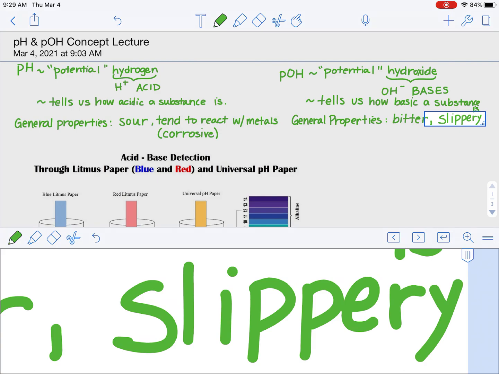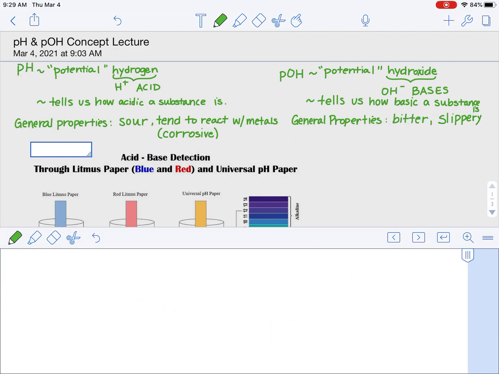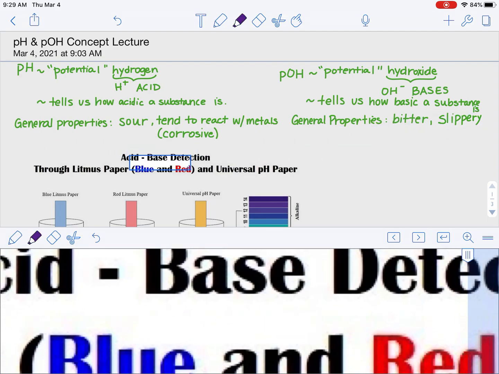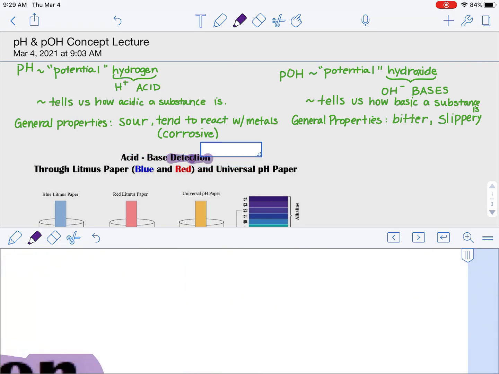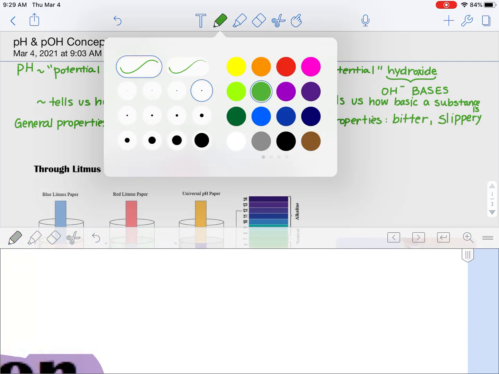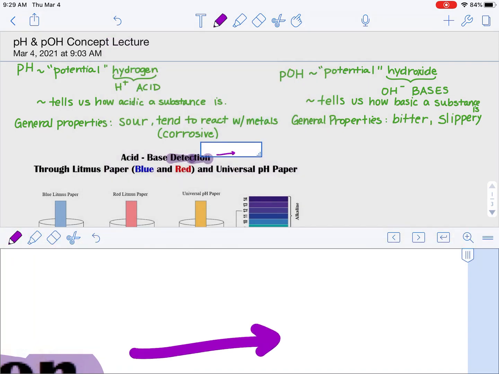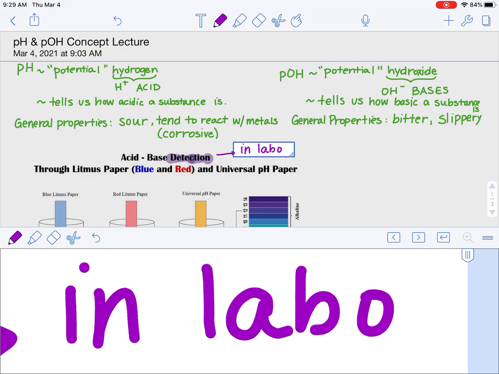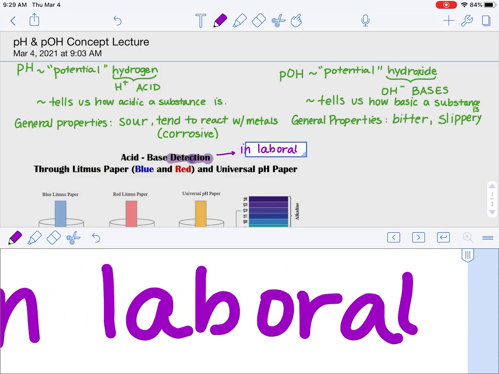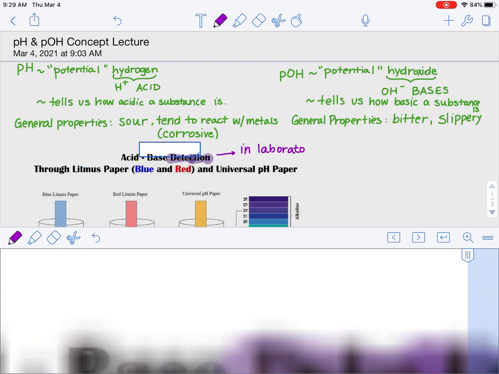Well, now that we know that there are two different ways for us to talk about acids and bases and how acidic or how basic a substance is, let's get into how this is done. Acid-base detection. How do we know whether a chemical is going to be an acid or a base? In the laboratory,